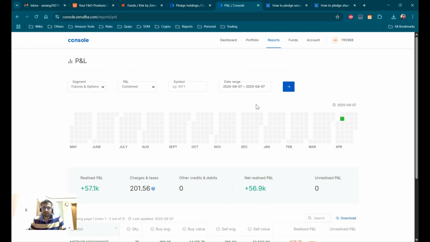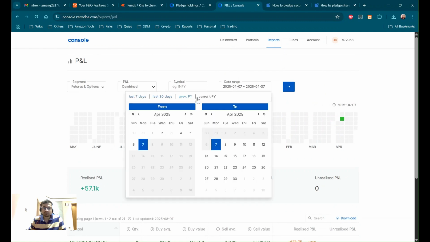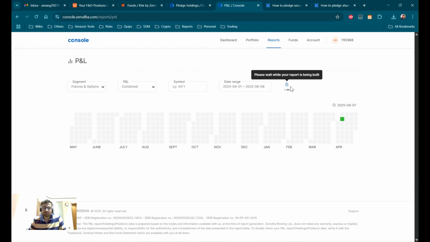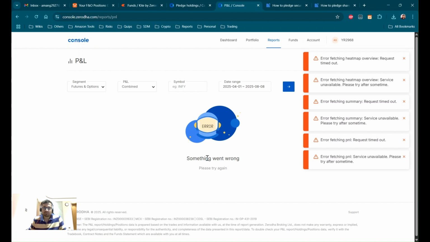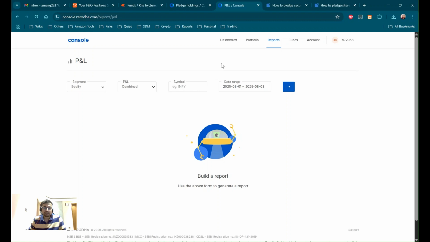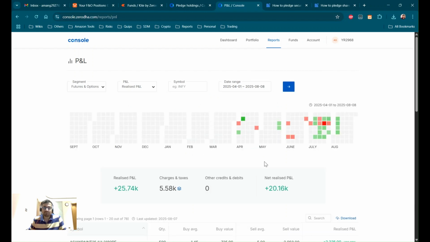in this financial year. Let me show you. Wow, I think there was some issue with Zerodha. Let's do it again. Okay, right. Yeah, so overall it shows a net profit of 20,000, specifically because there was one trade where I